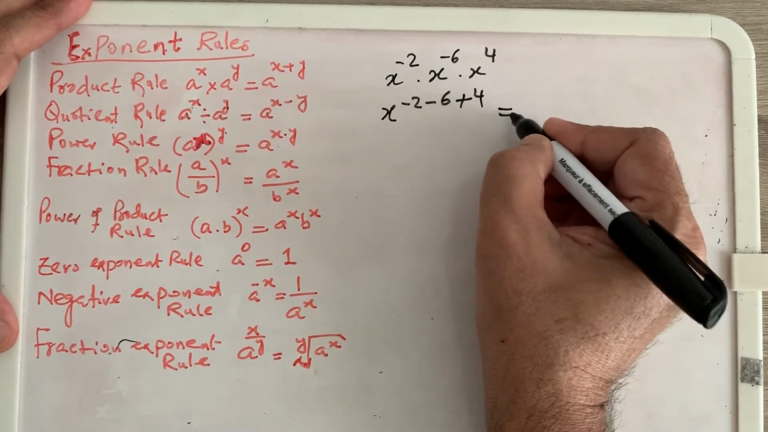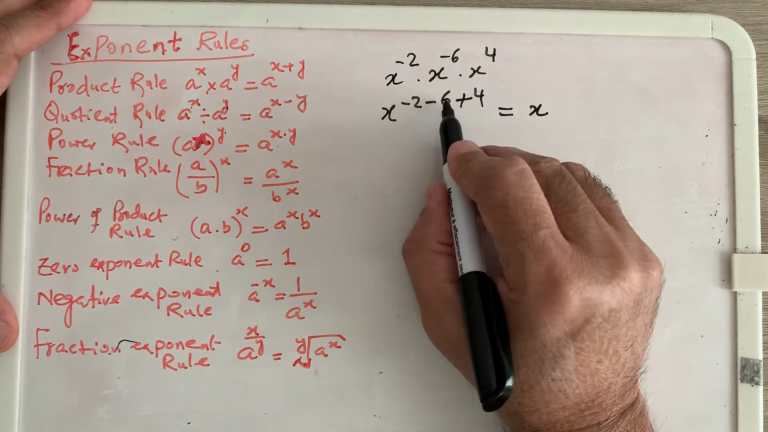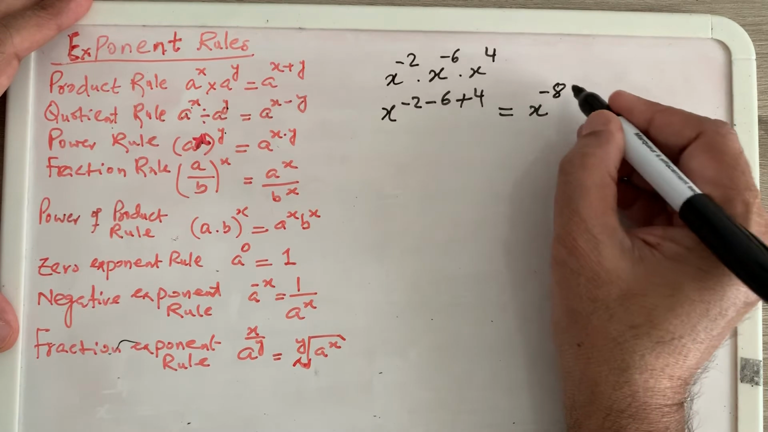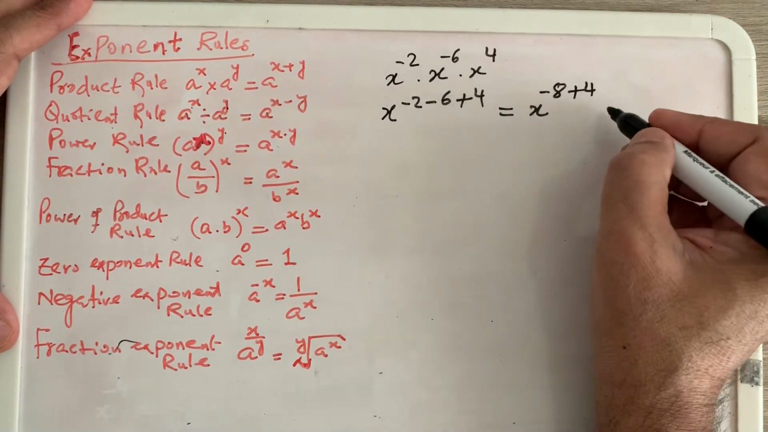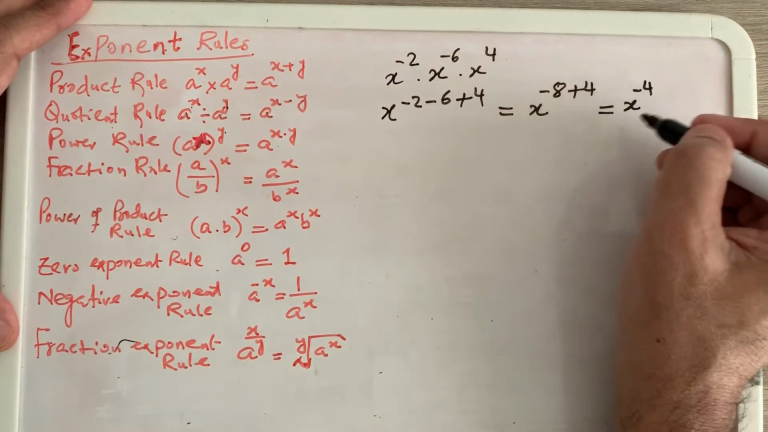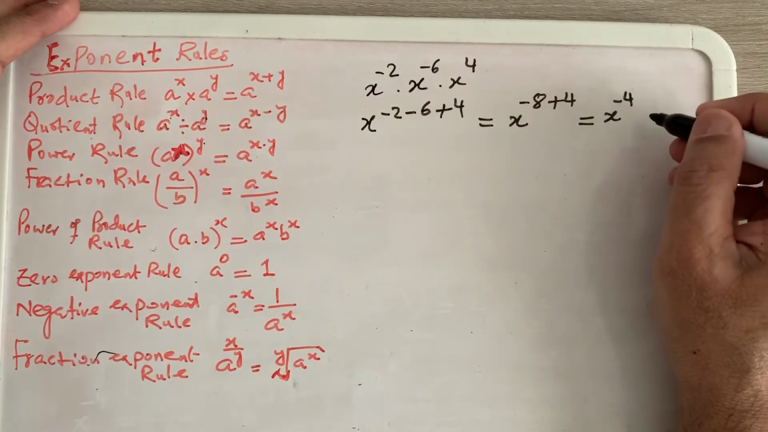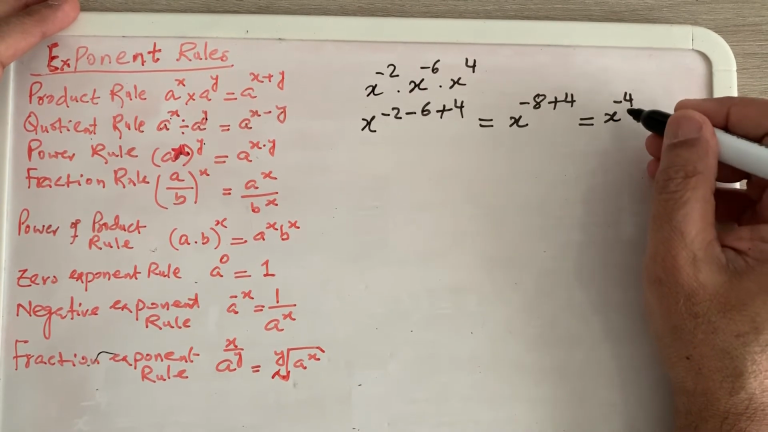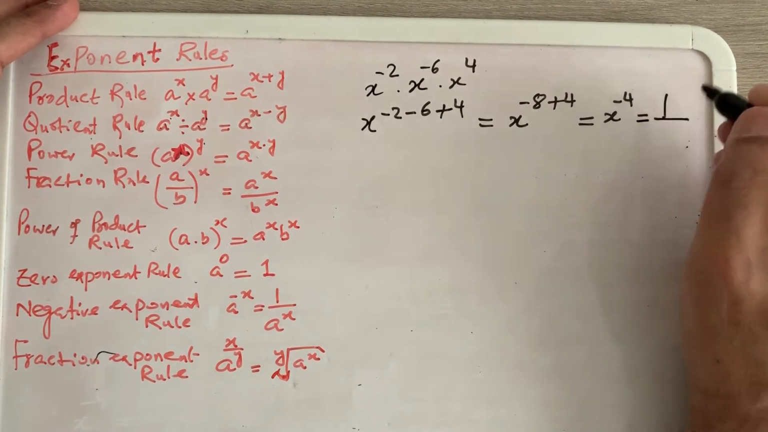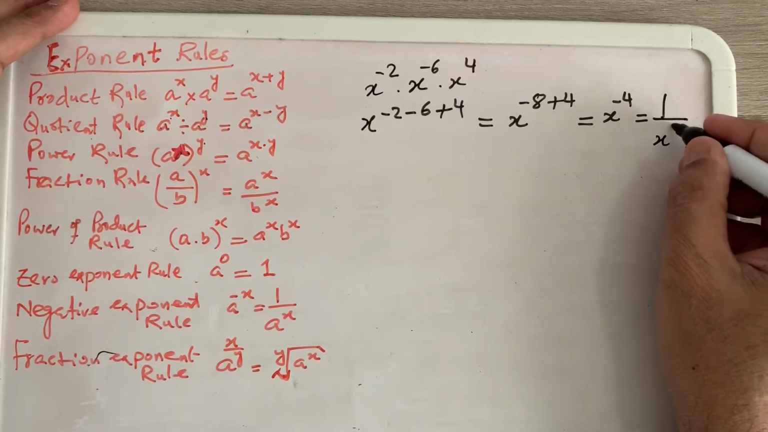These are all the powers of x. So minus 2 minus 6 is minus 8, plus 4, right? So now x to the power minus 4. But I don't want to see minus 4 in my answer or in my variable. So according to the negative exponent rule, I have to shift it to here. So my answer is,